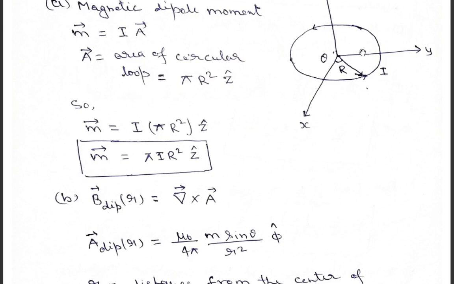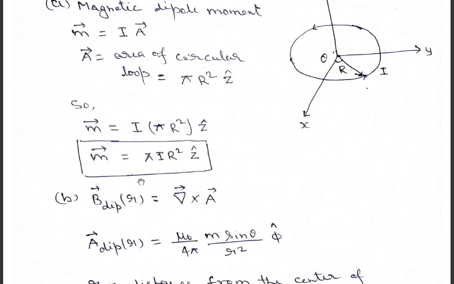The vector potential due to a dipole, if you remember, obviously the direction of the vector potential will be along the direction of current, what we have learned earlier. Means the dipole vector potential will be in the same direction in which the current is flowing. Remember, the vector potential will be in the same direction as the current. If you see the direction of current here in the circular loop, the current is basically moving in a circular direction, means it is in the azimuthal direction. It means the vector potential will be along the phi unit vector.